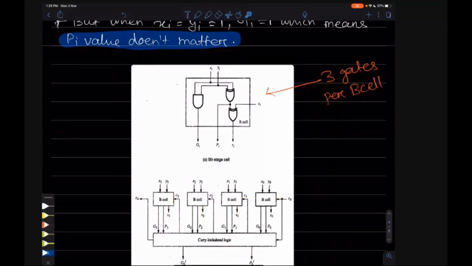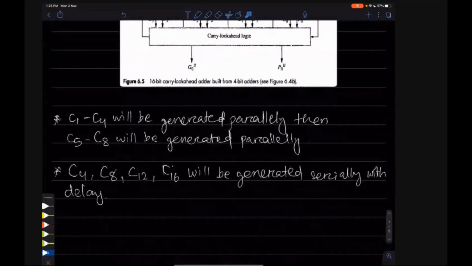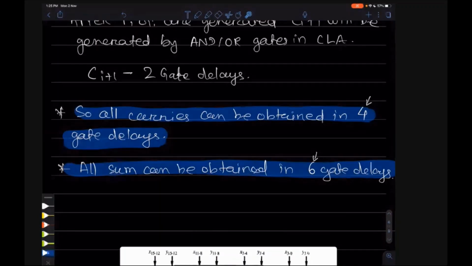So total 6 gate delays. So after 6 gate delays, all addition is done. Okay, Subramaniam, you are right.